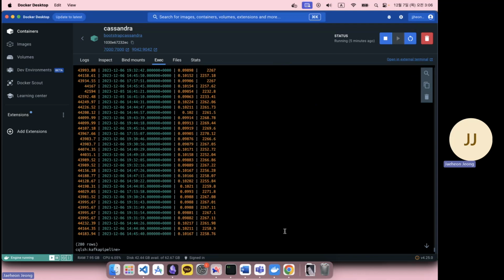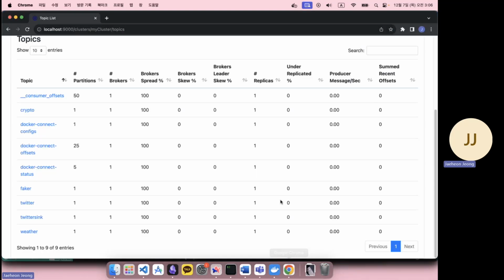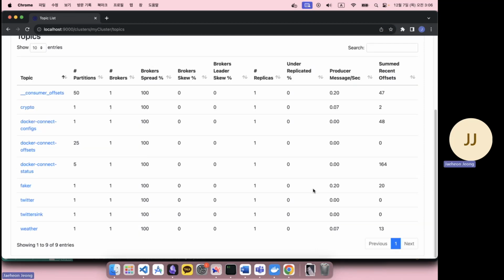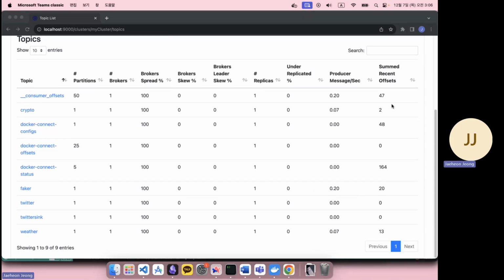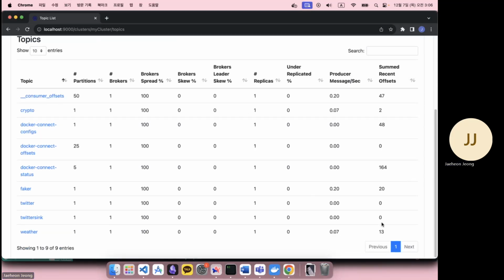So this is all. And while getting the information, you can see that the offset keeps increasing when I refresh the window. So the value is changed in this offset. It also changed. And then after that, to see the data in the Jupyter Lab, I have to start the